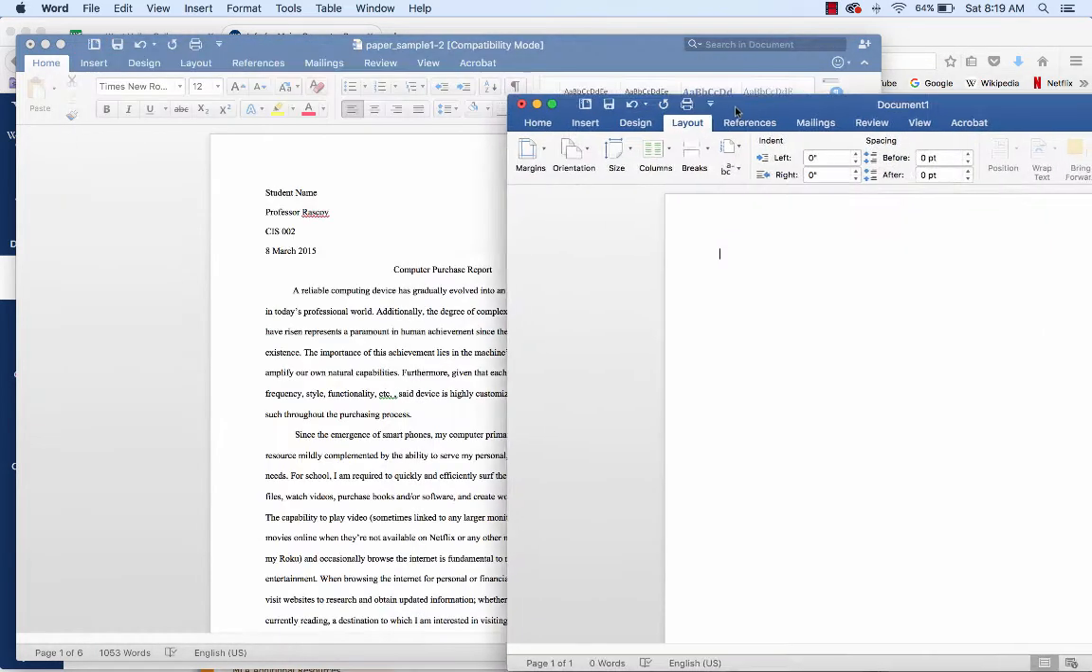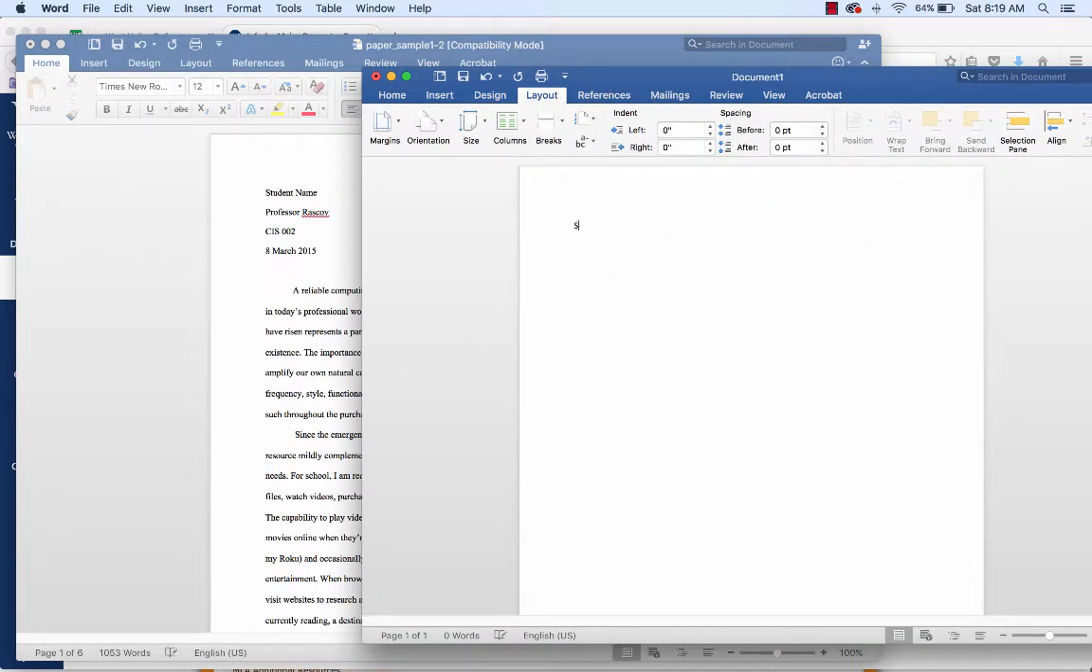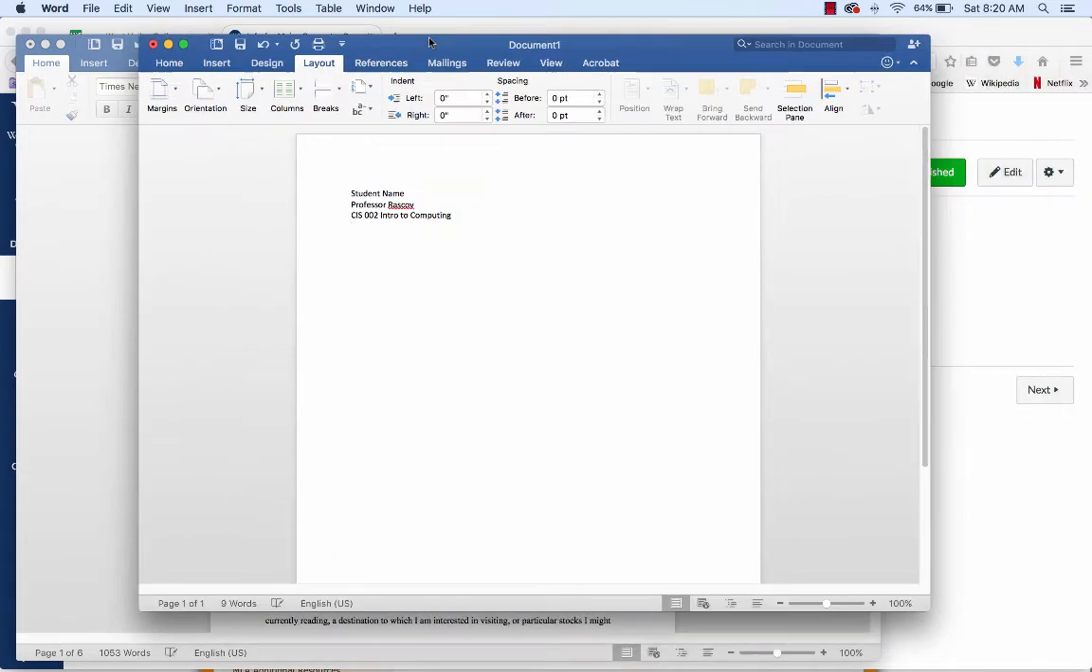Next, again, you're to put your name. You want to put my name, the class, and spell it out: Intro to Computing, and then the date. Now you can insert the date so it changes every time you save your paper with